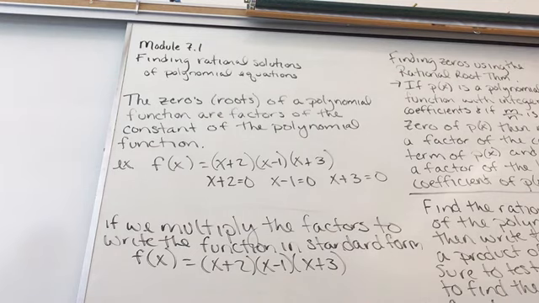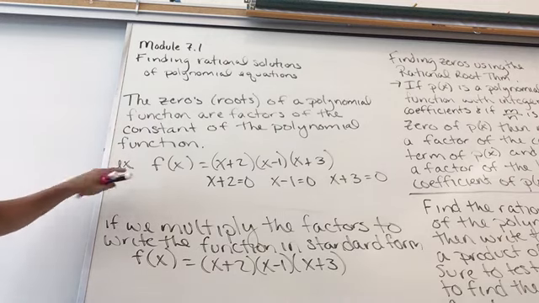So the zeros, roots of a polynomial function, are factors of the constant of the polynomial function. Remember, a constant is something without a variable. So all it's saying is that the answers to a polynomial equation are actually going to be factors of that constant term. And we're going to do a little experiment to get you to understand